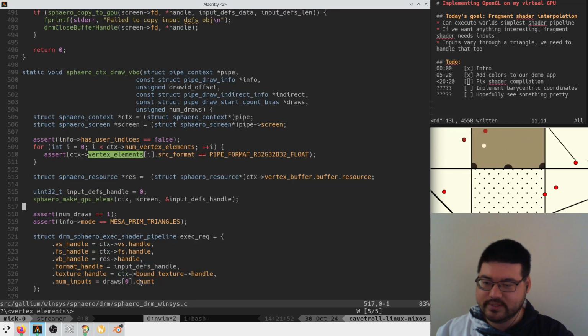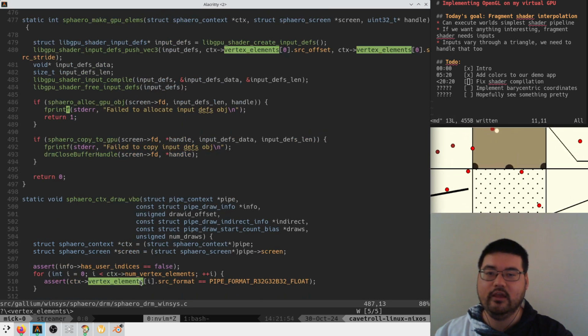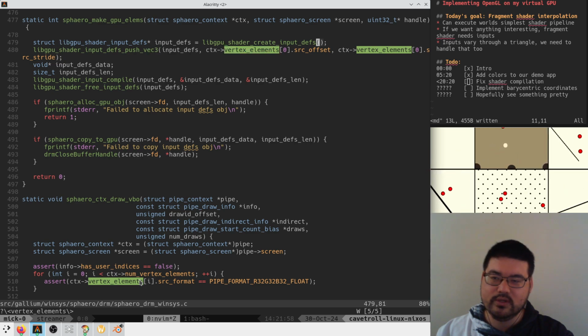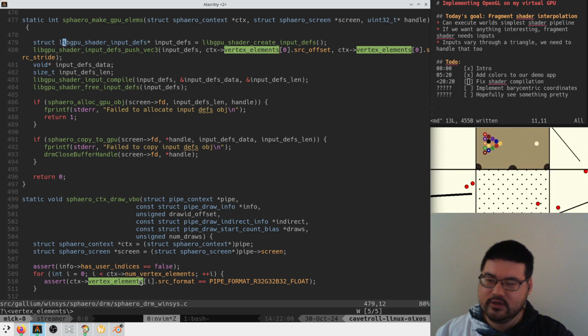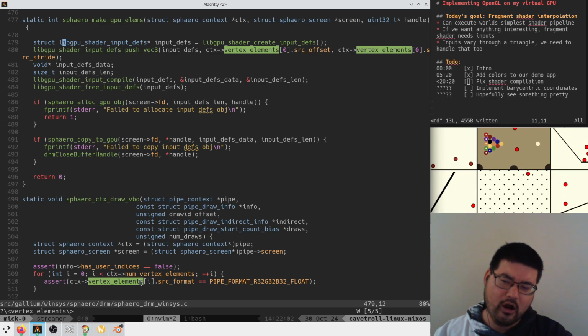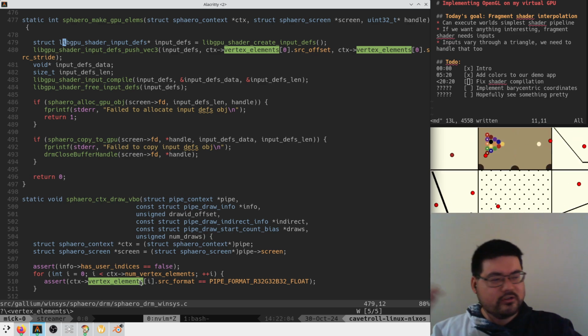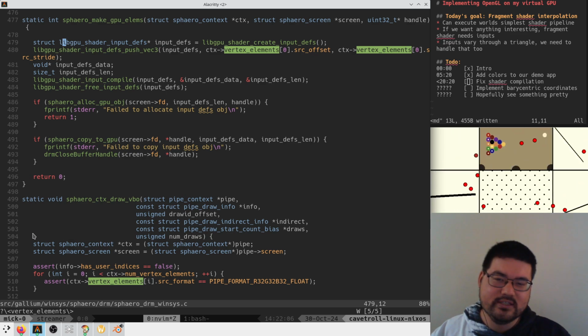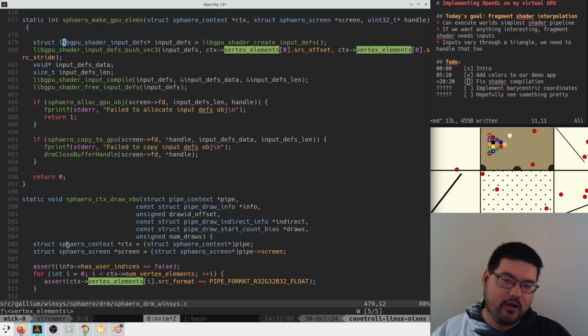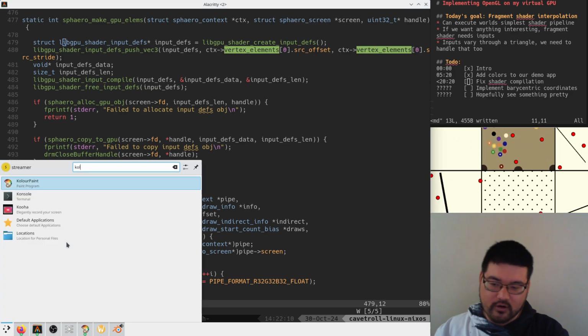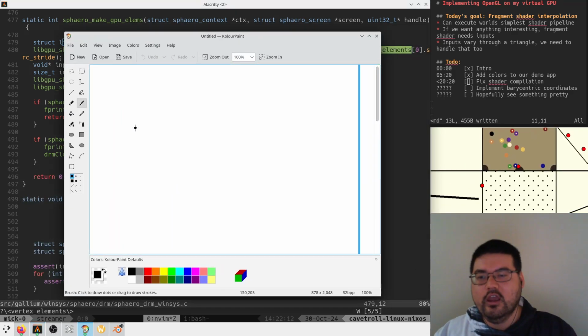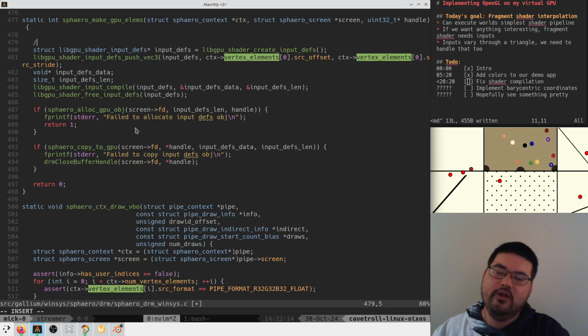On draw, we tell it what the elements are that we expect. And here we say create input definitions. So this is basically the compiled representation of these things. What we do is we make a JSON blob that says where in this vertex buffer our inputs are, right? Because like what happens is we saw that we have